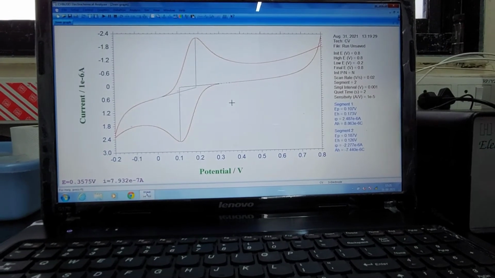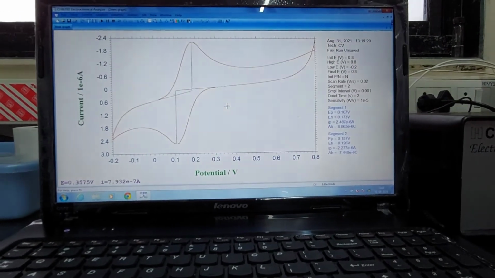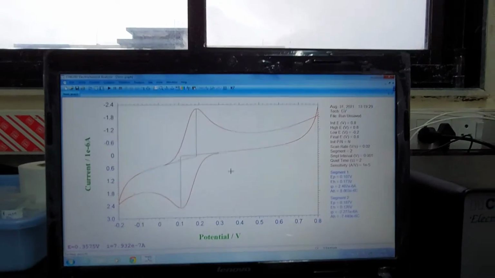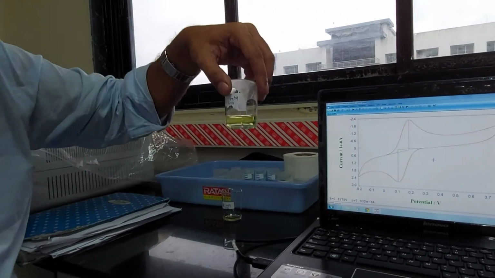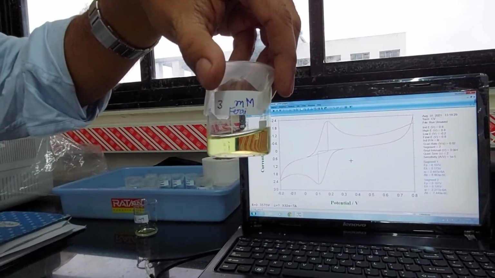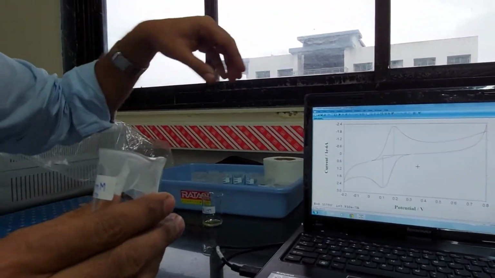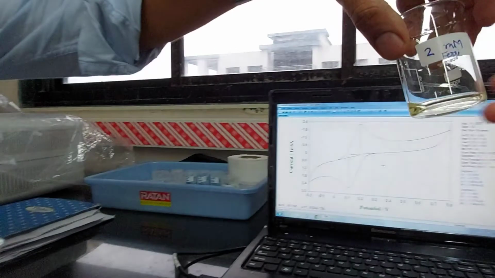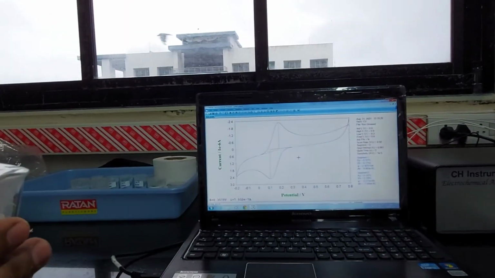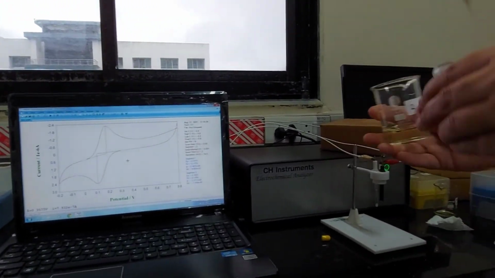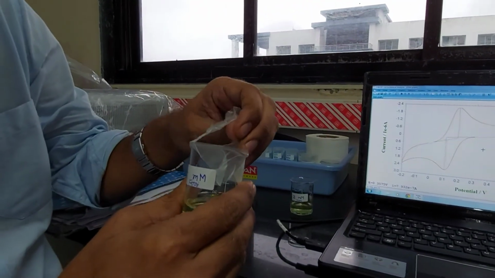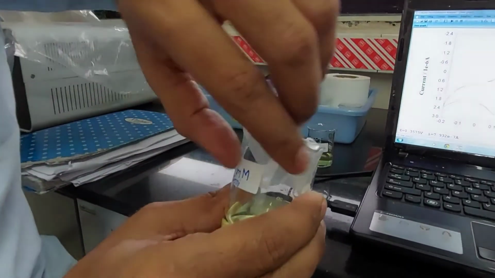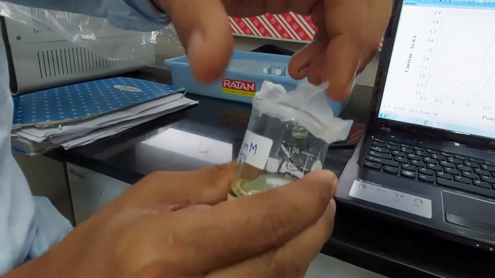Okay. Can we change the solution? See, now we are going for, oh, I got this 5 millimolar. Should I give you 3 millimolar now? Yes. Okay, so that's the 3 millimolar. Can you see? We have these solutions in place. This is the beaker for 2 millimolar. You can pour it back. That's the good thing. It's a non-destructive technique, right? At least for the reversible systems like this, right?